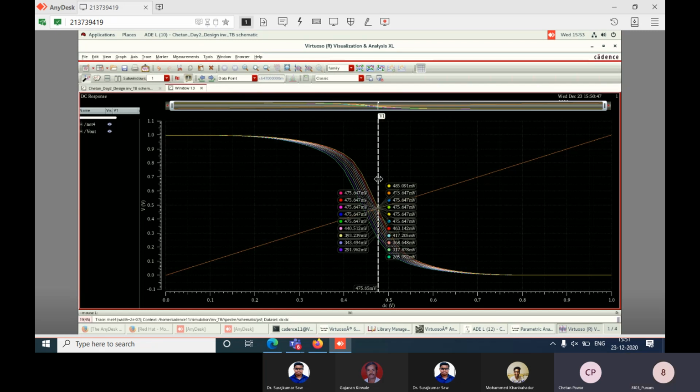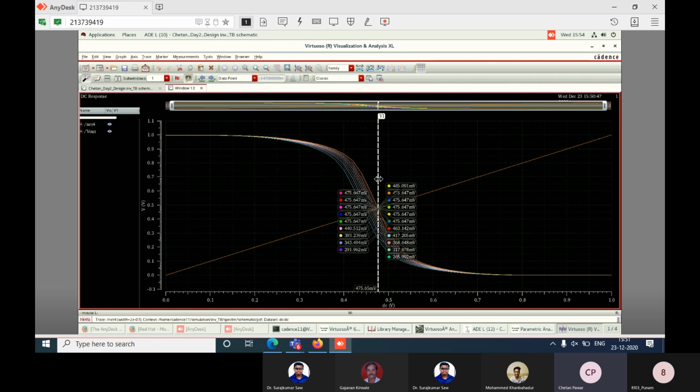The charging time constant will be more than the discharging time constant, so the rising time delay will increase and will not be equal to the falling time delay. So there will be asymmetrical nature in the inverter. What is meant by symmetrical inverter? Your rising time will be equal to the falling time. That's why we are varying the PMOS width.